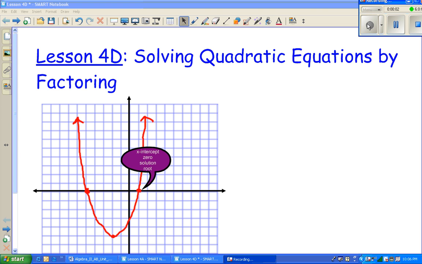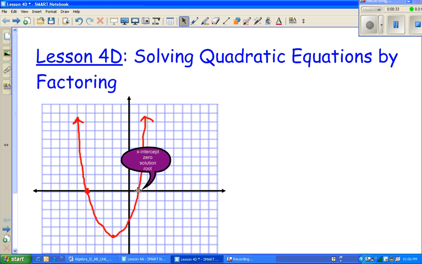Today we're going to be working on Lesson 4D, solving quadratic equations by factoring. We've already looked at the graphs of these quadratic equations. We've looked at how to factor quadratic expressions. But now we're going to be working with equations, and we're going to be trying to find the solutions to the equations. Now, one thing you need to remember is that solutions, roots, zeros, and x-intercepts are all terms that